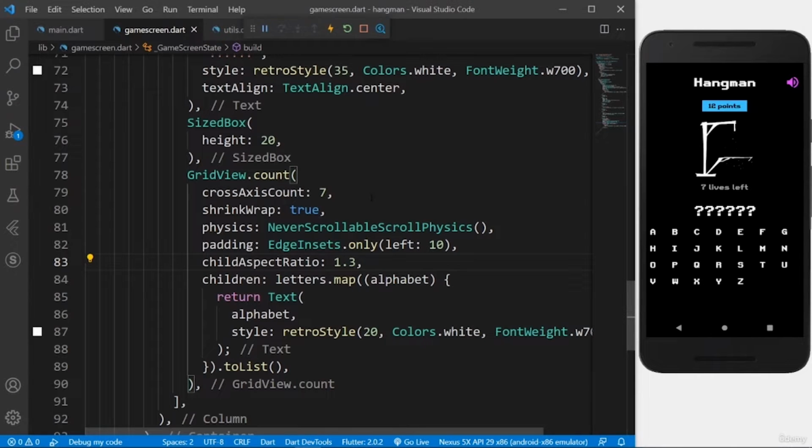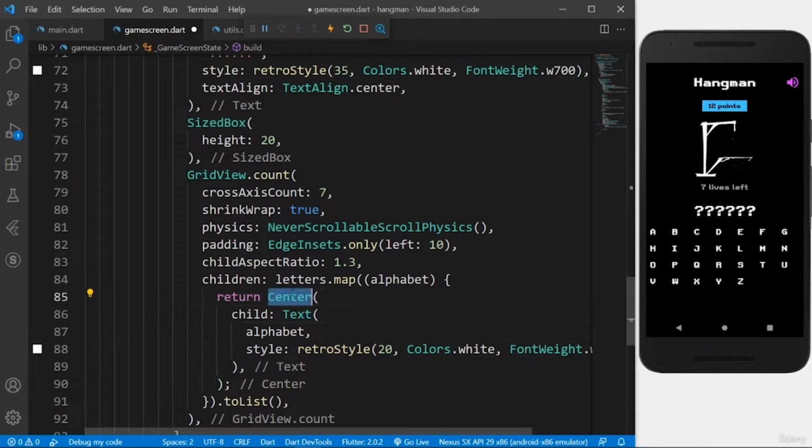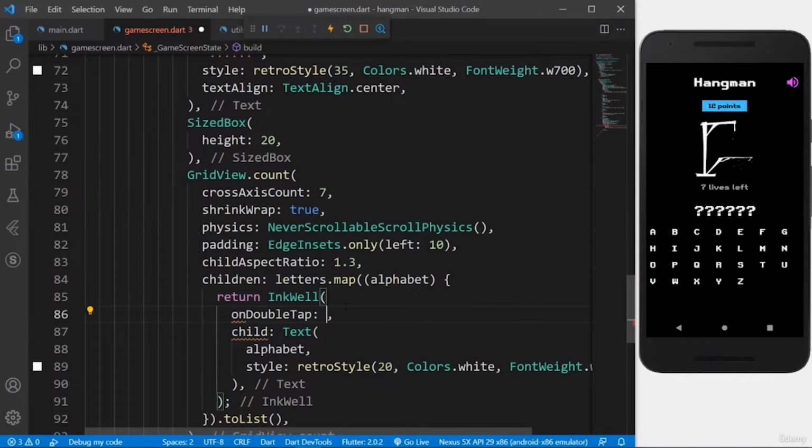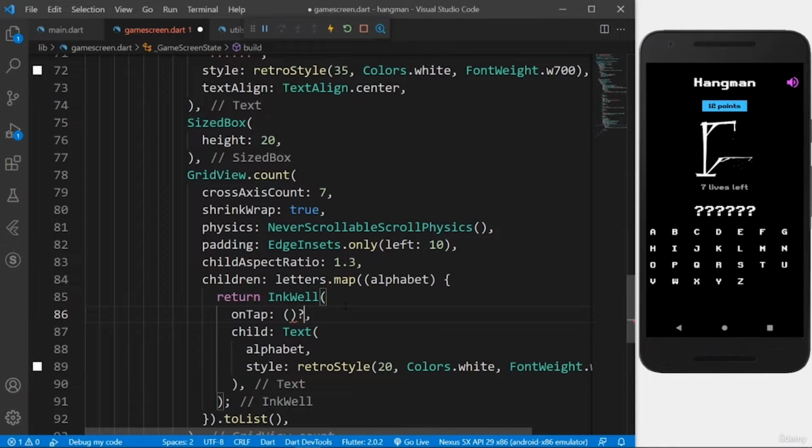So again, there's a problem. When I click on this, nothing happens. So let's wrap this text widget in an InkWell so that I can implement some onTap actions. Let me save this. But now the problem is when I click on this, nothing happens. Actually, I just wanted to show you something. Let me do a dummy onTap function. Let's just do a dummy thing: print